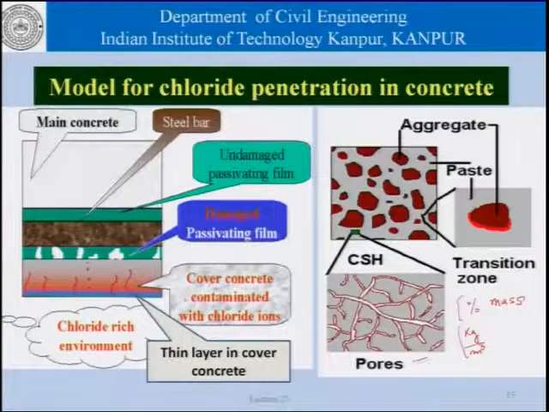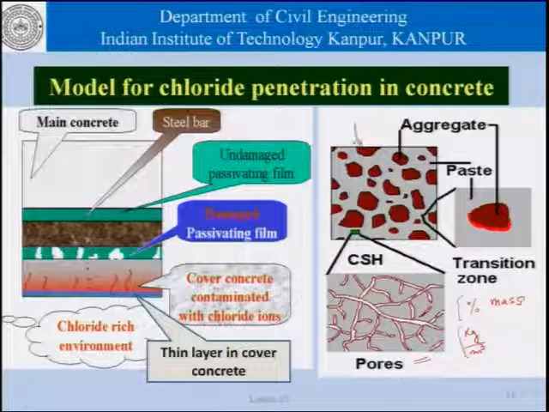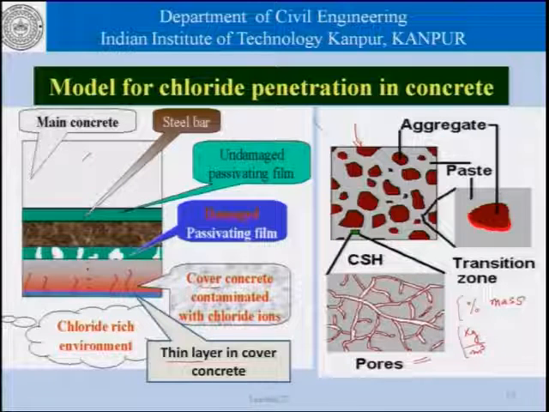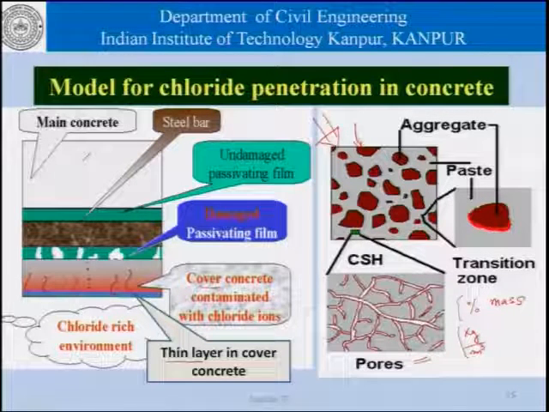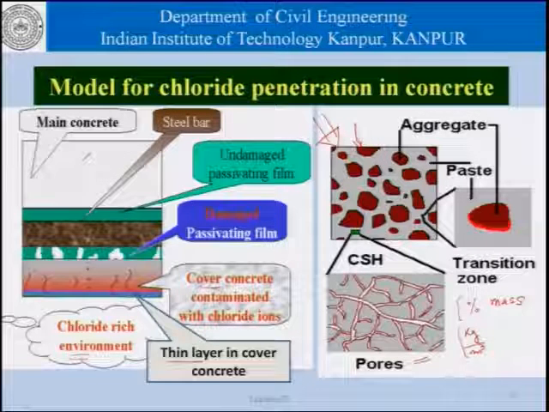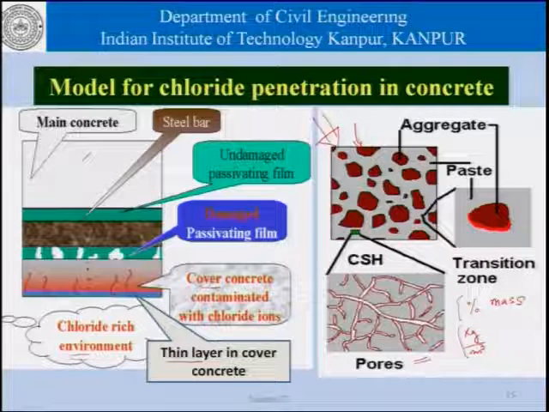If we look at this picture, which shows the pore spaces and the solid hydration products, and this picture which shows coarse aggregate or fine aggregate, depending on whether you are looking at mortar or concrete, whether it is this thin layer or it is the cover concrete at large or it is the main body concrete, all these concretes have essentially this structure, and therefore, the chlorides from the atmosphere, that is this environment here, they have to move into concrete through these pore spaces,